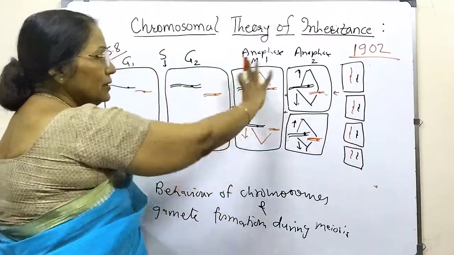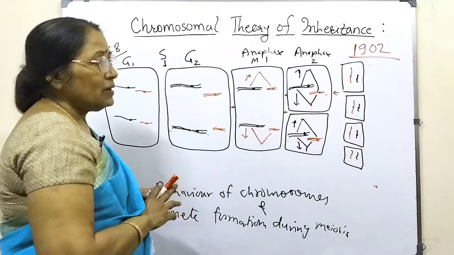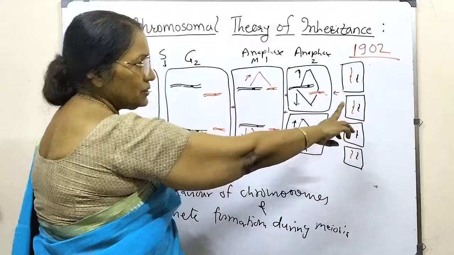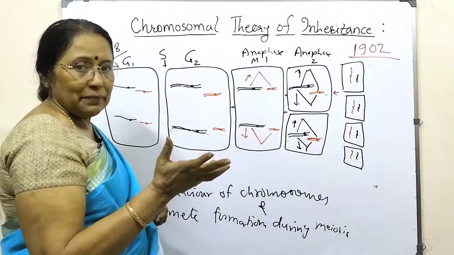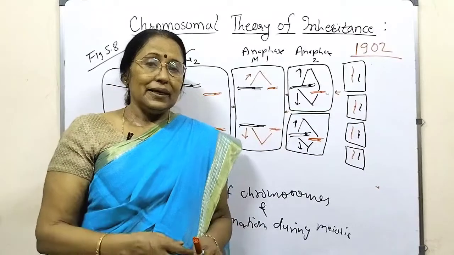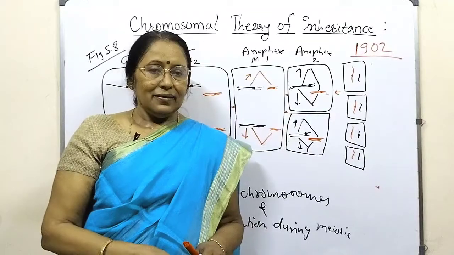And then this is the behavior of the chromosomes, where they are showing this segregation. This segregation and the segregation of alleles is the same. Now one diagram 5.9 of independent assortment of chromosomes is remaining. Let us see that, and then